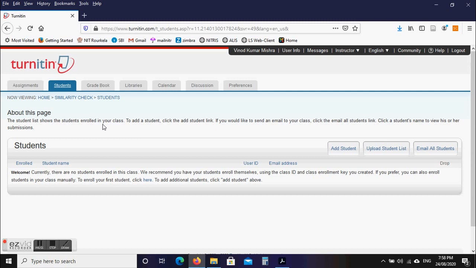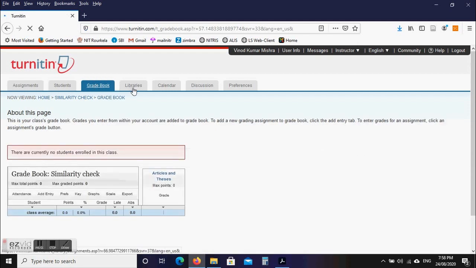Accordingly, you can give them grade marks and other parameters, grade book, similarity check. See, very nicely these options have been given, and probably these options are used in schools in Western countries also to give grade marks to the students. So that is all about the Turnitin duplicate check.